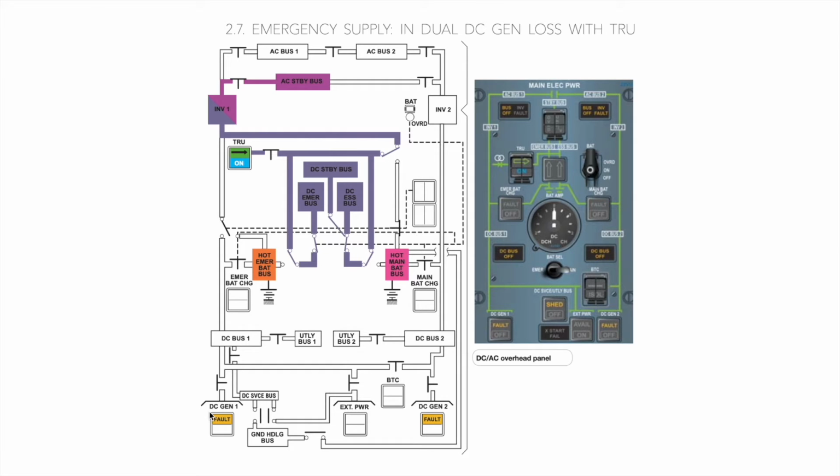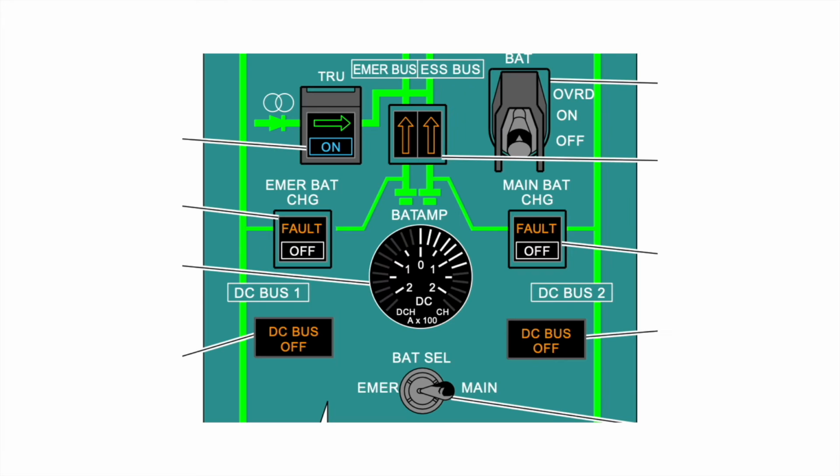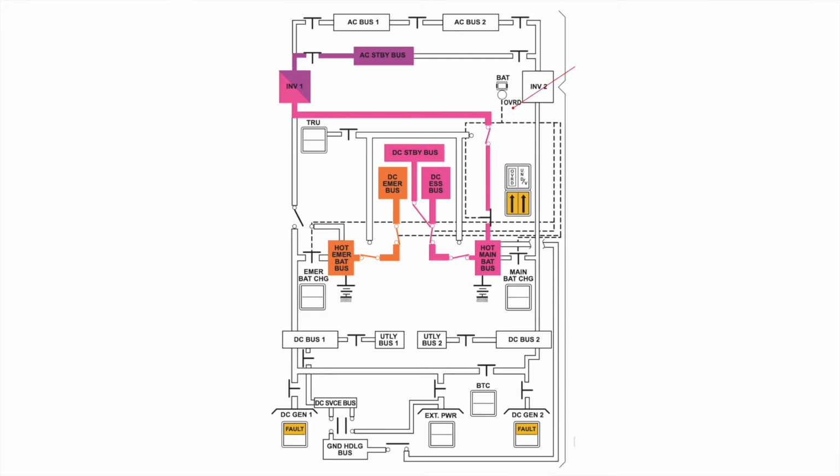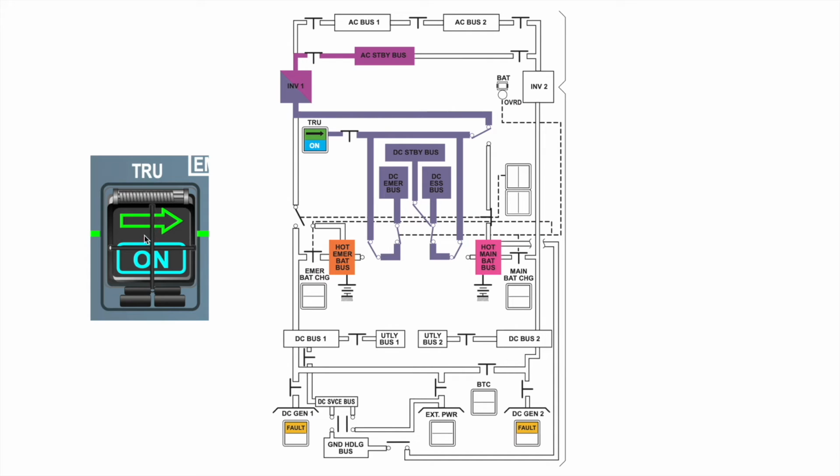Here we can see that both the DC generators are not operational. So the TRU is supplying the DC electrical system, and the TRU is taking its supply from the AC wild network and converting that AC wild frequency into DC. The TRU operation is manual and we have to press the TRU push button, which is over here. As soon as we get a dual DC generator failure, the system is supplied by the batteries, and when we press the TRU push button, the TRU enables the AC wild generation system to partially energize the DC electrical system.